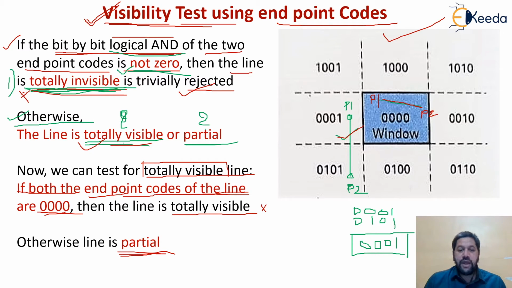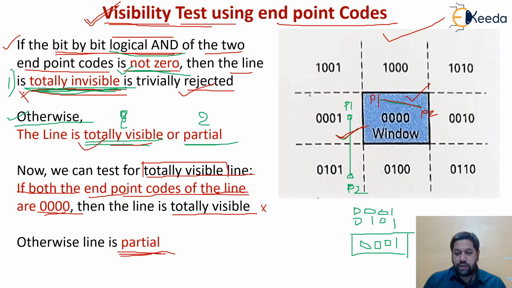So what is the procedure to find out the visibility of the line? We first have to find out the endpoint codes of the line. Now, shall I take the example of the visible line? Yes, I have taken it. This is my totally visible line. This is my totally invisible line. Now, if I take the example of a partial line,